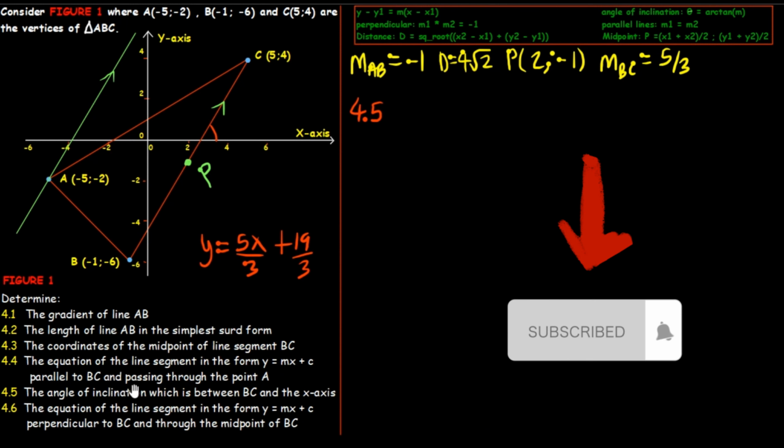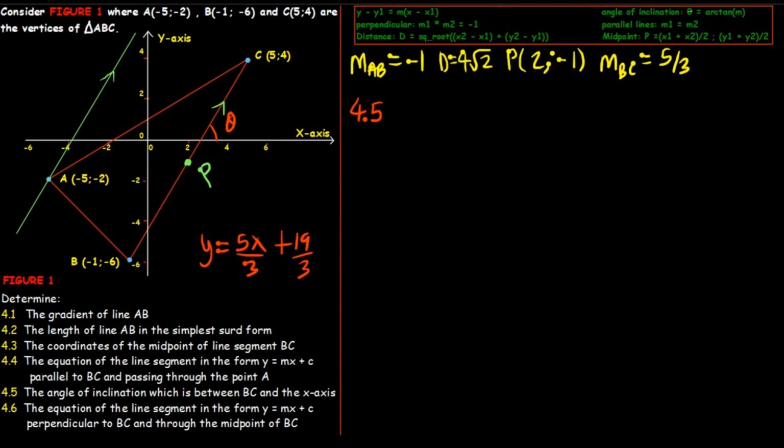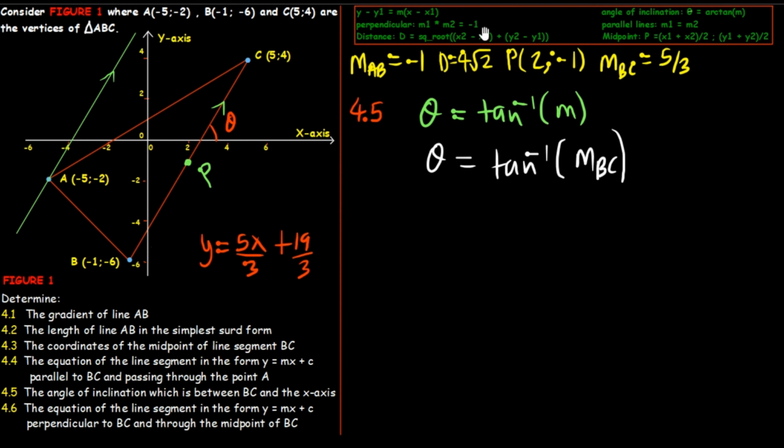So we need the angle of inclination, which is between BC and the x-axis. So let's highlight that angle. This angle is an acute angle, so let's use this formula to determine it. Theta is equal to arctan of the gradient of the line which is inclining on the x-axis, which is BC, which means our gradient will be the gradient of BC. The gradient of BC is 5 over 3, so we just have to substitute that value. So tan inverse of 5 over 3, and to get a solution, simply punch in the second function tan, then 5 over 3,